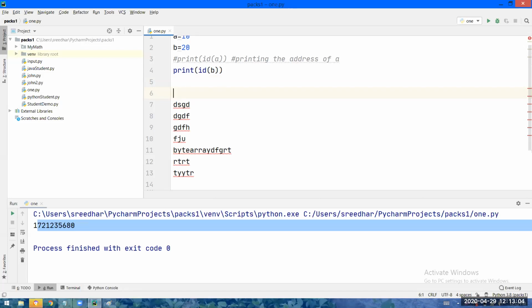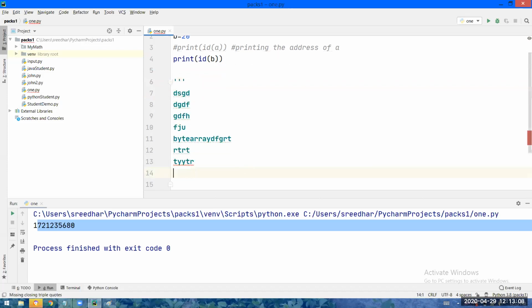Multi-line comments are indicated using triple quotes. Or there is also one more option, whichever you want, you use. You can use double triple quotes to indicate the multi-line comment.